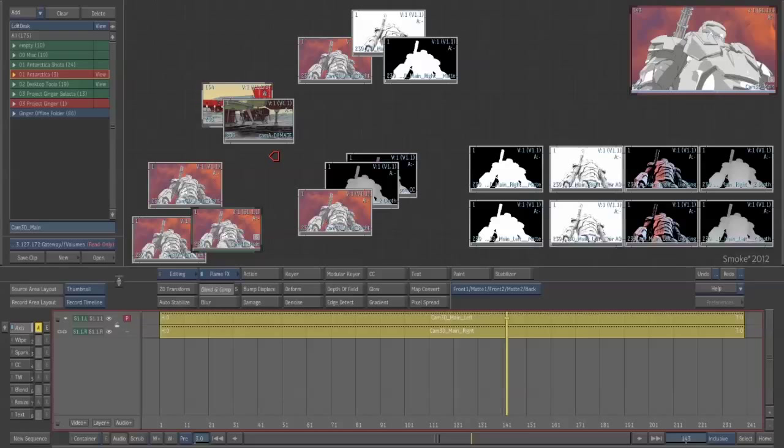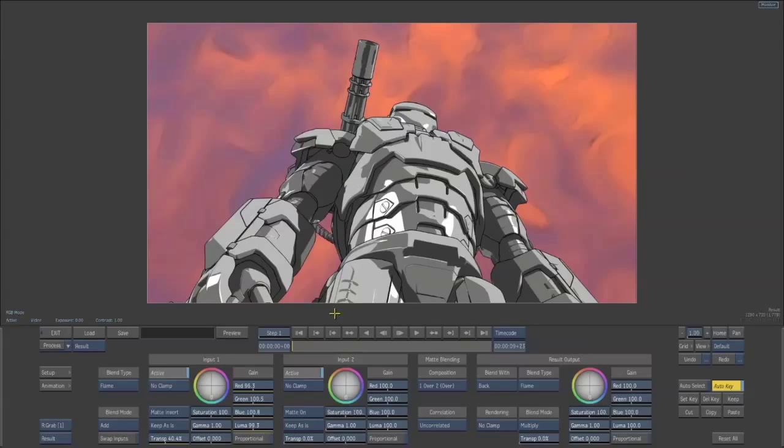And what it's asking for here, you can work with a bunch of different ways of working. I'm going to go with front matte, and back. And this is basically just a 2-layer comp, and each layer has a matte pass. So what I can do up here is just say I want our foreground ambient occlusion with a matte, our background with a matte, and then the background of the entire clip, and I'm going to send that back to the desktop. And if you look at this, you can see that we have the exact same blend and comp